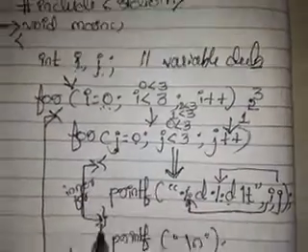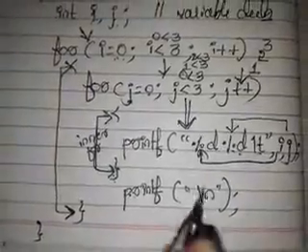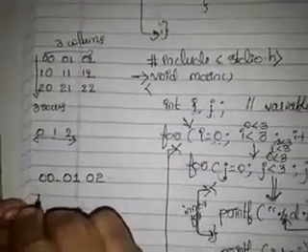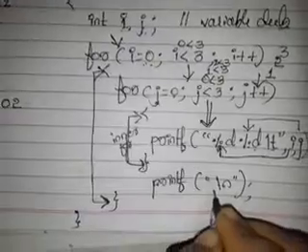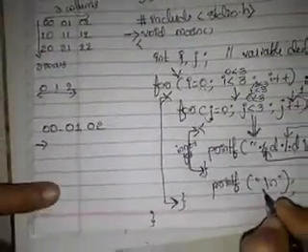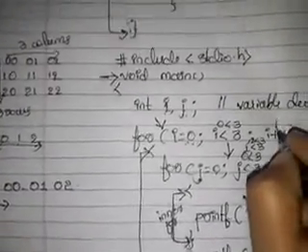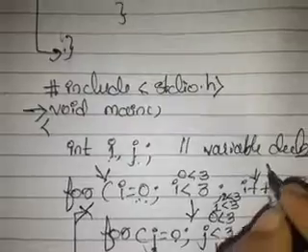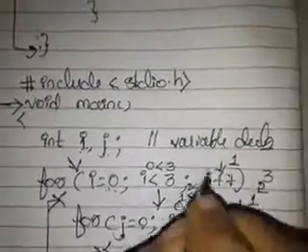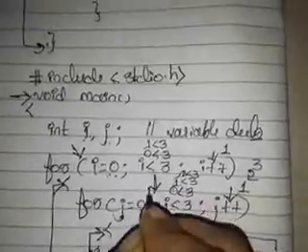Where does it have to come? Outside. What is there outside? printf("\n"), in the sense a new line will be taken. Why have I taken this? Because I want the next set of indexing in the next line. Next, after completion of this particular execution, it should come for i++. What will be the new value of i? 1. 1 less than 3, true or false? Yes, it is true. So it will come inside.